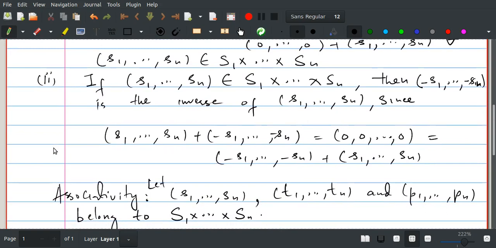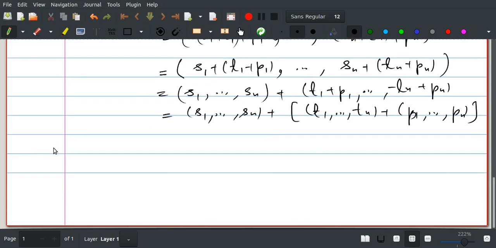There is now the other way to describe the direct sum of these abelian groups, which is the most useful version, that is isomorphic to S1 cross S2 cross Sn. So that is called the internal direct sum,